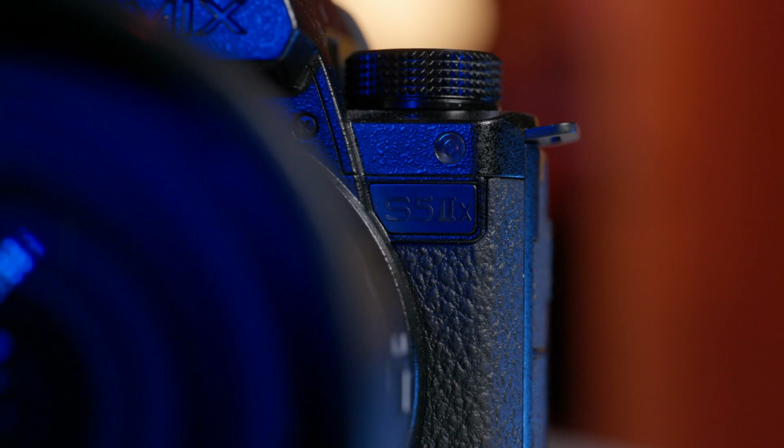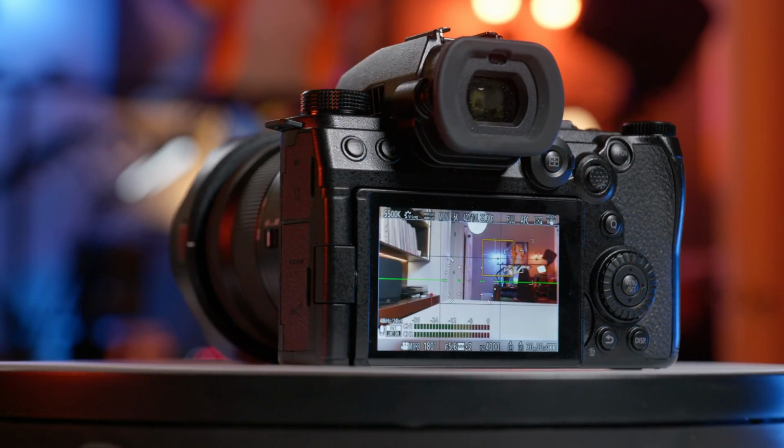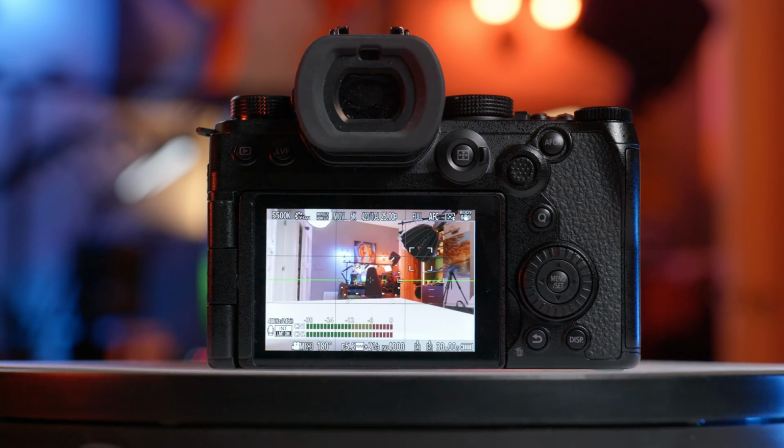It all starts with the camera, and my camera of choice is the Lumix S5 Mark IIX. The camera is good enough by itself to go out and shoot some static footage, sure, but if you're doing something more dynamic, you might find yourself lacking the necessary grip points to get all the angles that you want. This is when rigging out the camera starts to make sense, and you always start a camera rig with a